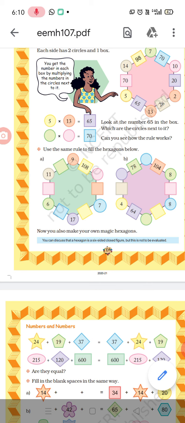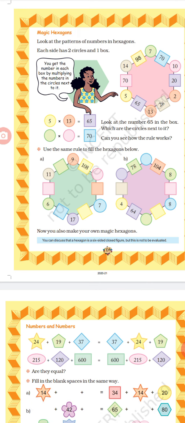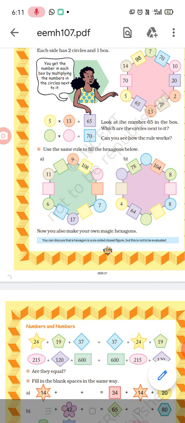Okay, now I have started from 11, so I'm going to start it again from there. 11 nines are 99, so in the green box you are going to write 99. Then after the blank, at the empty circle in pink color, there you are going to write 12, as 12 nines are 108. Answer is given. So in the pink circle 12 will come.